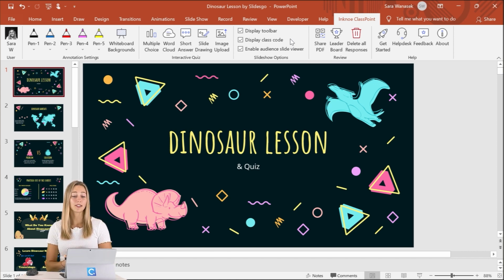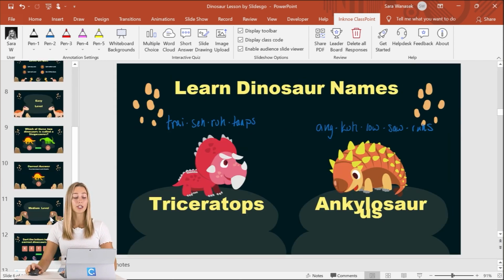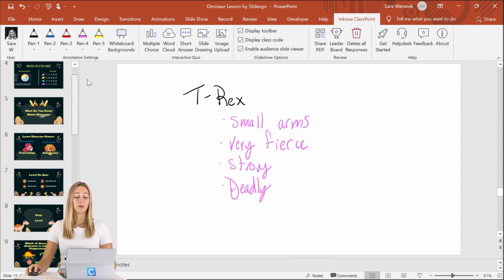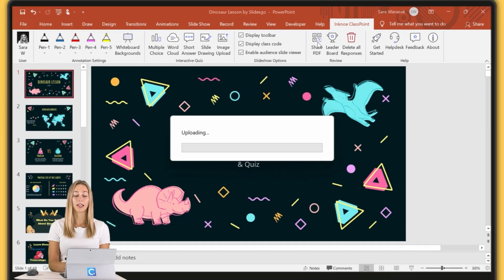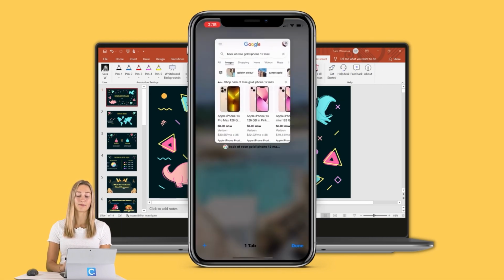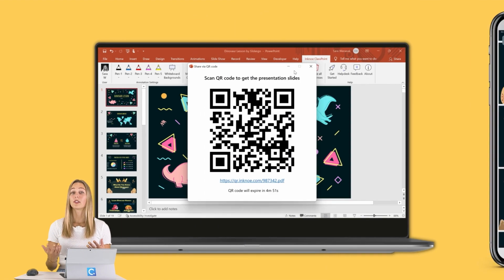So your presentation is done and you want to share it with your audience, especially if you have any added annotations or whiteboard slides in your PowerPoint file. To do that, it's really easy. All we need to do is click the Share PDF icon, and then a QR code will appear on screen for your audience to go ahead and scan this file. Then they can save it and review it for when they need. So this is really great.